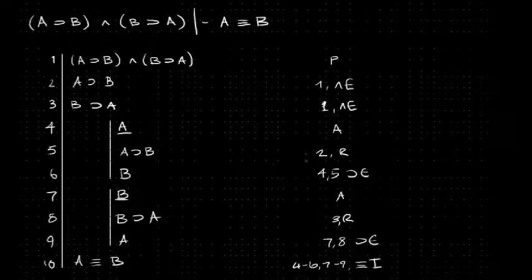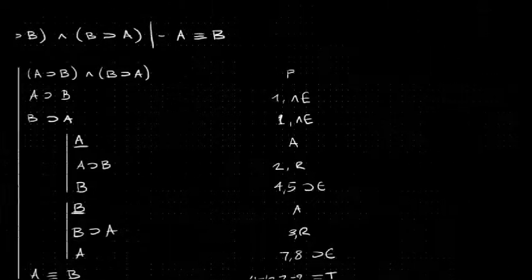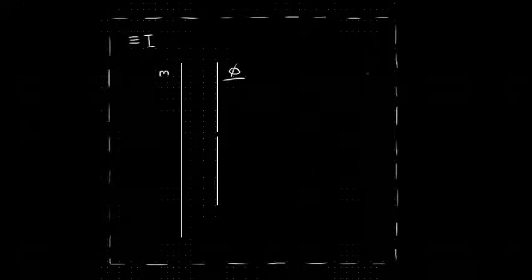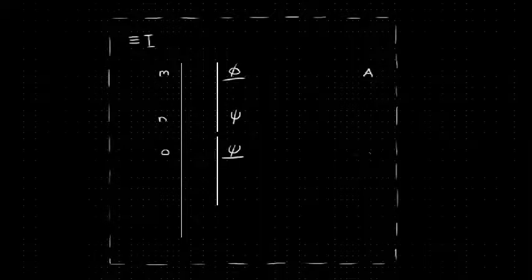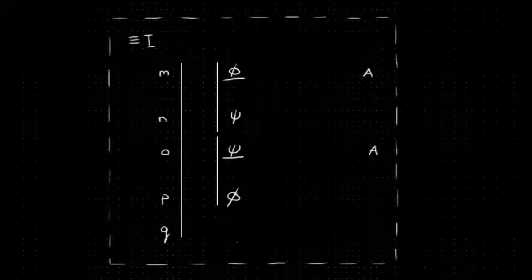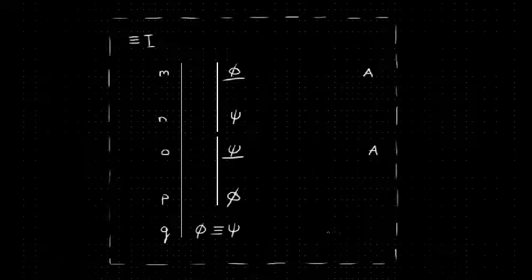So it's just an extension of the conditional introduction rule. Let's have a look at a formal statement of it. So, if we begin on line M with an assumption that phi, and on line N we have psi at the end of that subproof, then on O we have a new subproof that begins with an assumption that psi, and on line P ends with phi. Then on line Q we're justified in writing phi if and only if psi, and the justification we give for that is M to N, O to P,